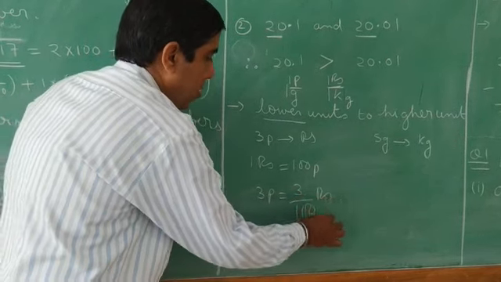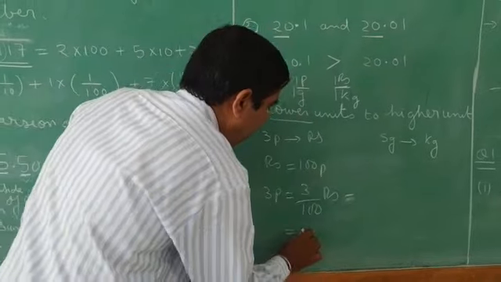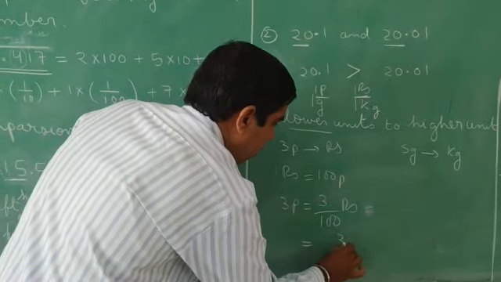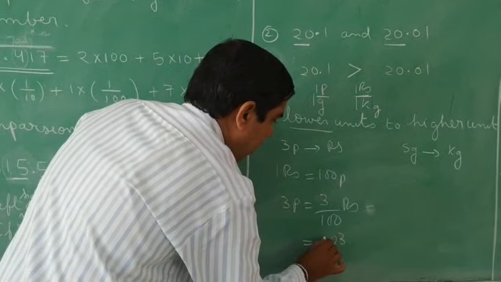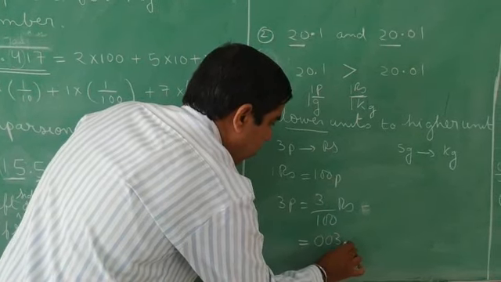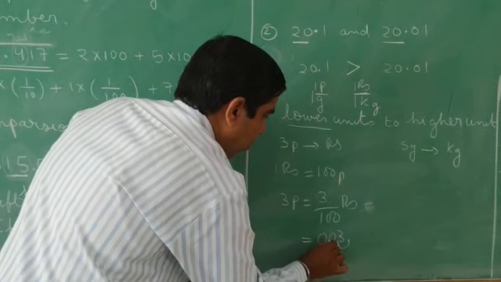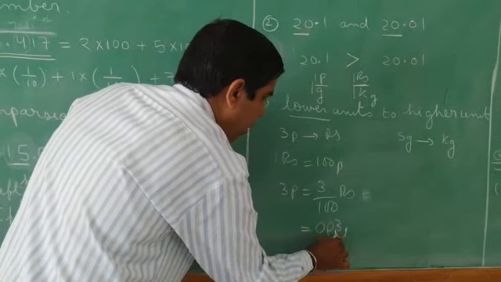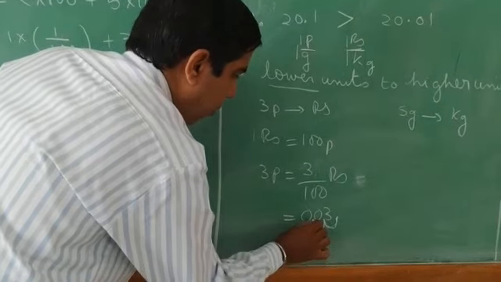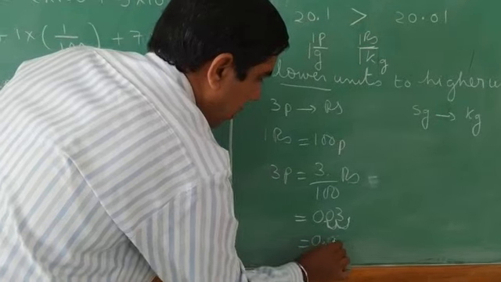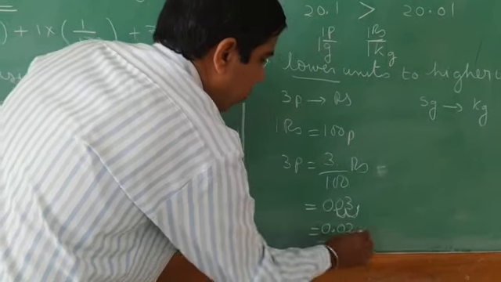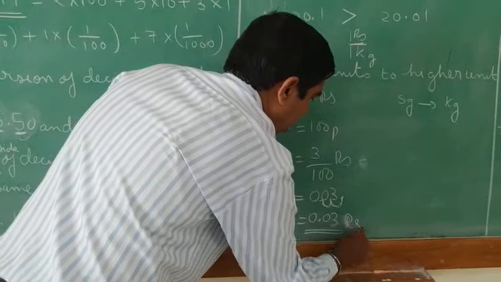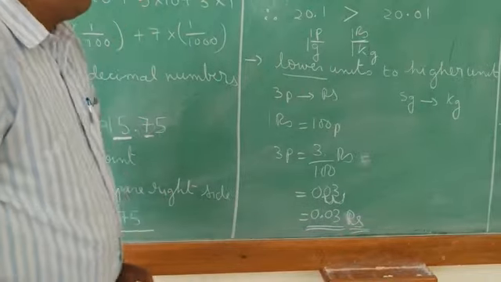So you can see here I am doing the expanded form in detail. It comes like this, 3, and I will shift here. I write 0 here, and the decimal shifts 2 places, 1, 2, because 2 zeros are here. The answer is 0.03, and the unit will come here as rupees. You can see the unit is rupees.